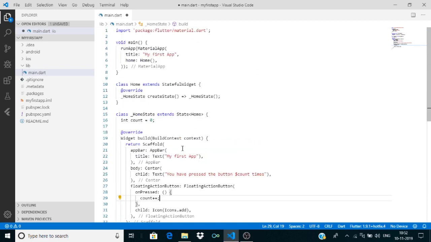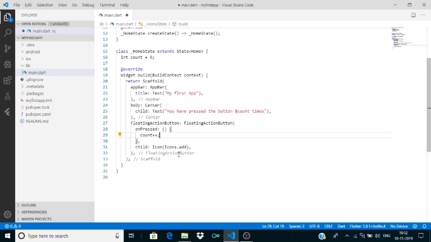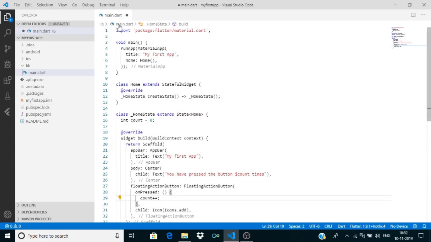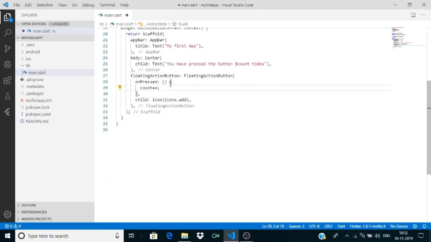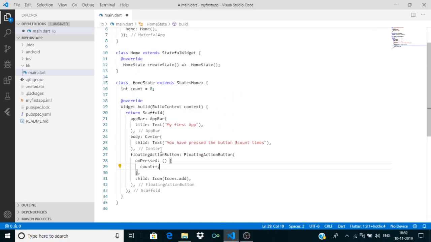So what actually happens is, now if I run this and build this app, nothing is going to happen when you click on this. It's because the state of this text is not changing. You have to change the state of this text. That is, the counter variable is going to increment, but your UI will not get updated. So to update the UI,